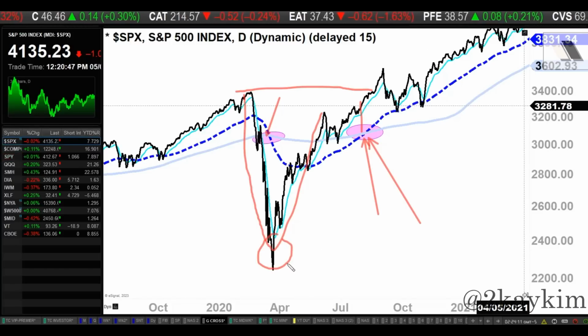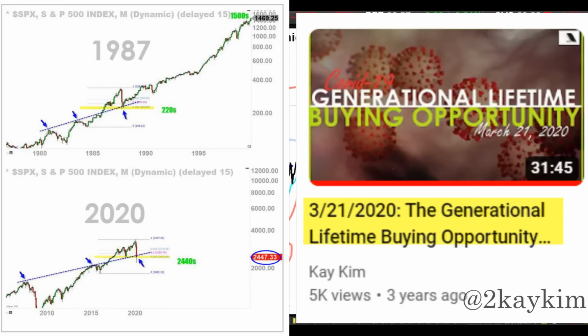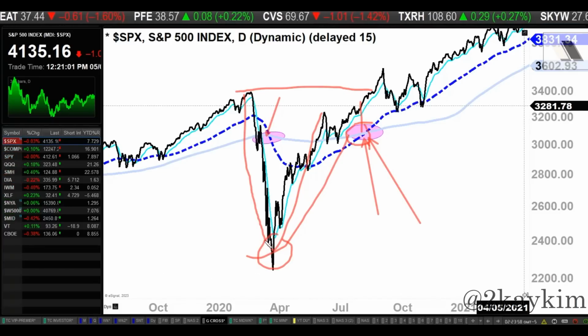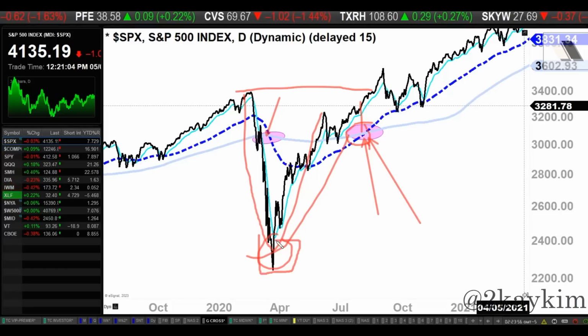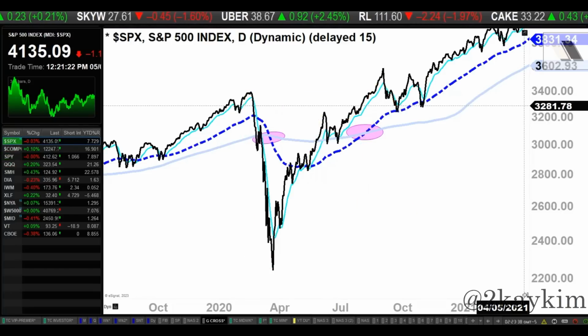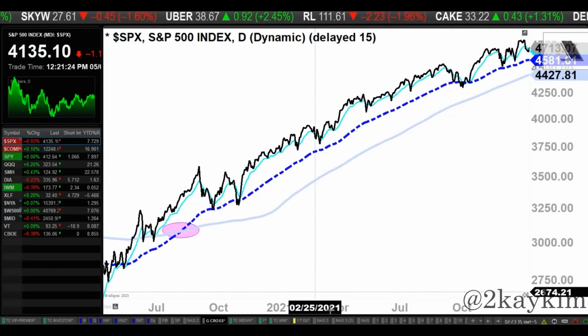I was bullish during April, May, and all throughout this year in 2020, as you guys know. So by the time I saw this signal, that was a confirmation on top of all the signals and all the analysis I've gone through here, why I believe that we're going to see a very fast reversal, and it's going to be a generational lifetime opportunity. And then when the golden cross happened in September or so, that just solidified the fact that it was going to continue in 2021. We did that for the entire year.